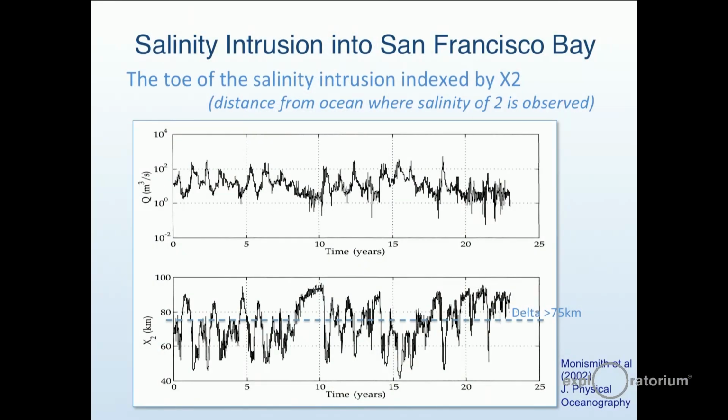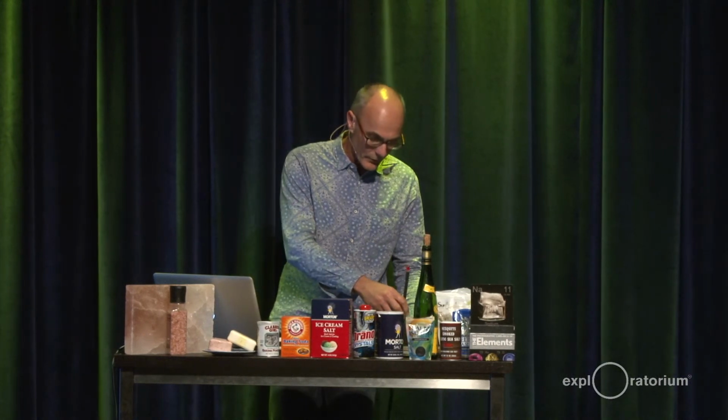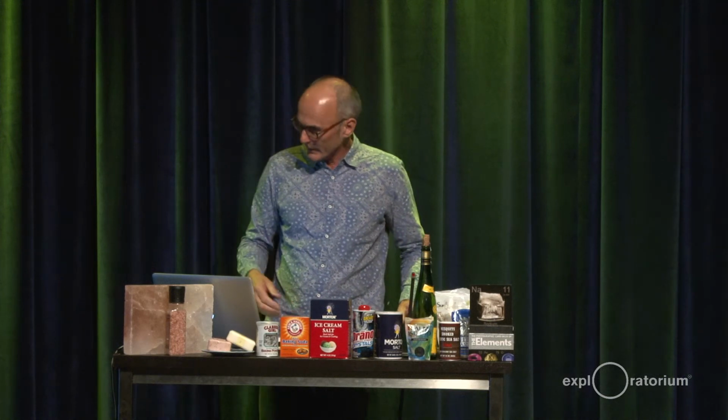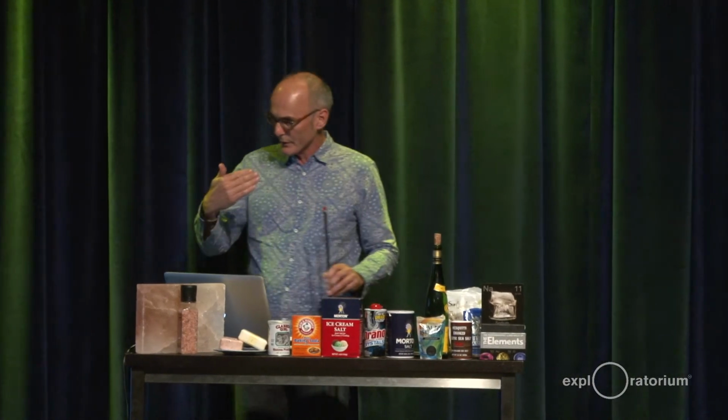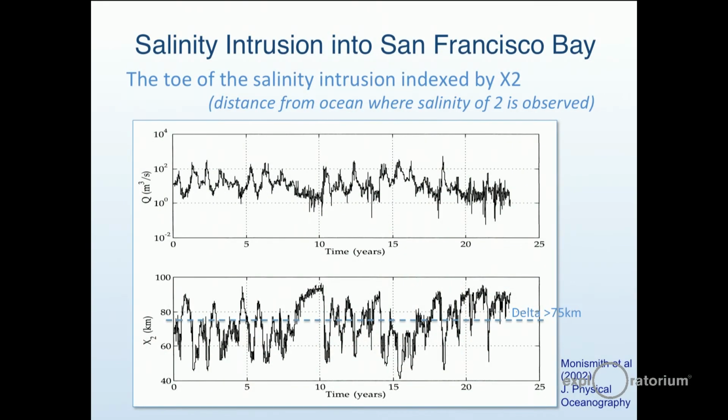And you can see the X2, that this 2 parts per thousand salinity intrudes into the delta at different times. Most noticeably here in the 1970s during the drought, here in the 1990s during the drought, and if this paper was written in 2002, so we don't have recent data, you'd see another intrusion. And how do you stop salt water going to the pumps? Well, you have to keep fresh water flowing into the bay. So not only is fresh water important for the ecosystem of this delta, but it's important for the water supply as well. And the top graph there then is the delta flow. When it goes up, it pushes the X2 back into, sometimes beyond Carquinez, down to 50 kilometers is about Carquinez Strait.